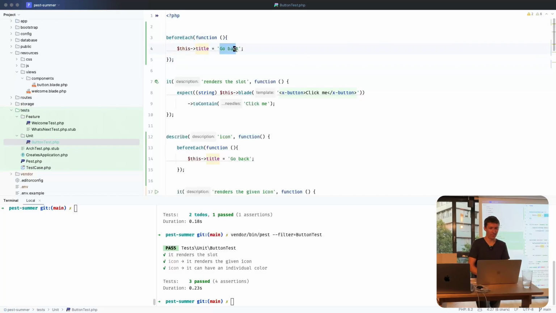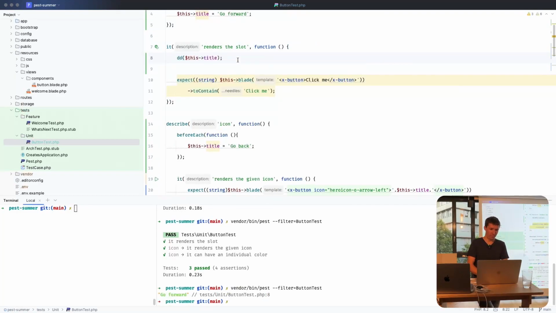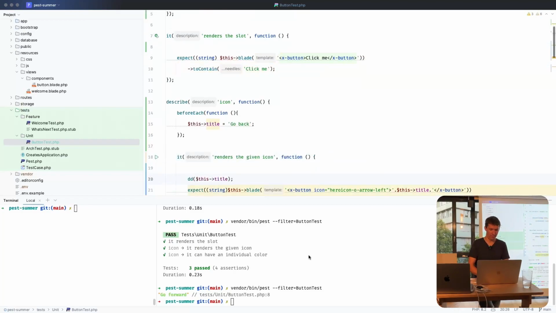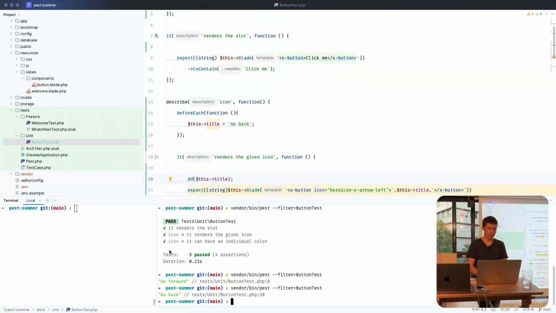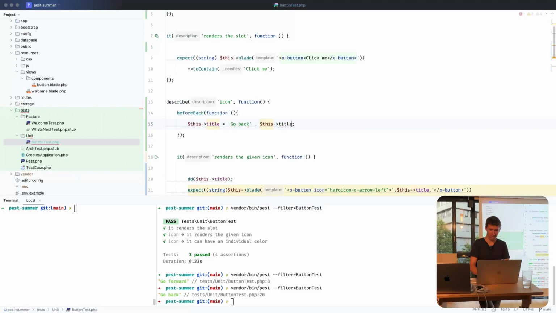So we can define here, maybe go forward, and then if we dd the title in this test, it's go forward, but if we dd within a test here, it's go back. And the inner before each can make use of the outer before each, so we can chain